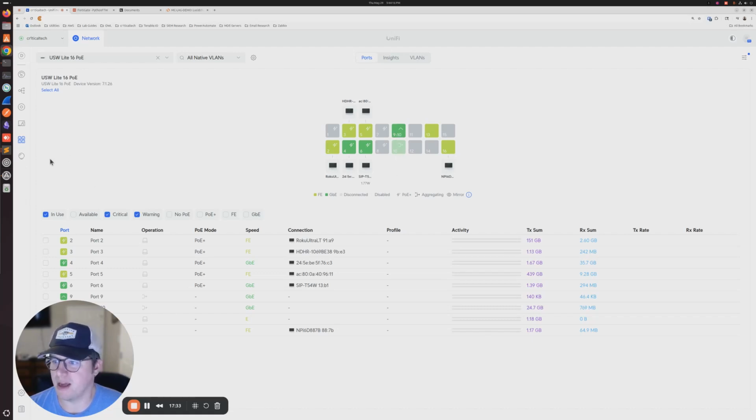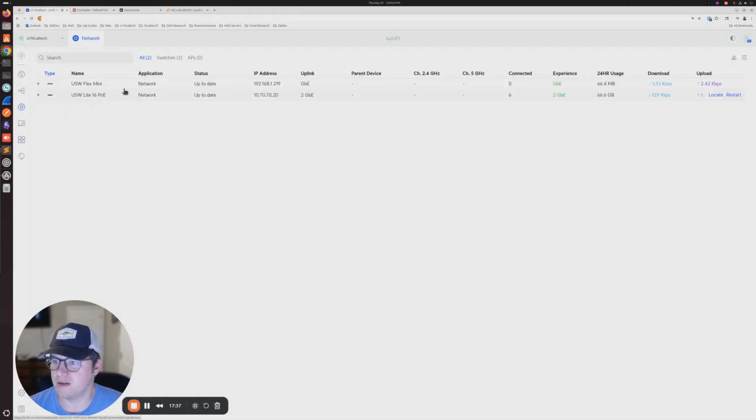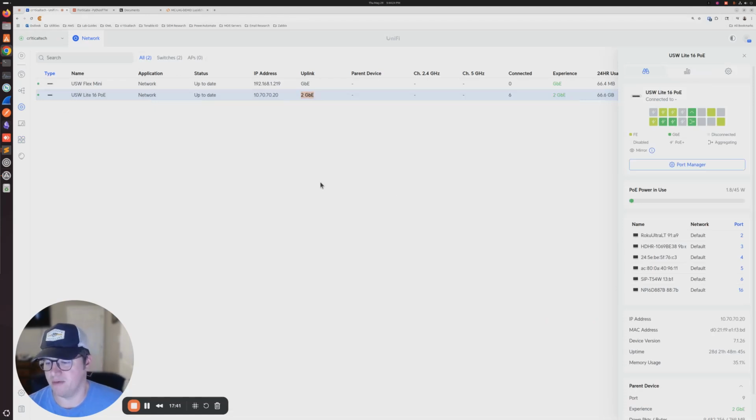And if we look back on this screen here, we can see that we're getting 2 gigabit worth of throughput. So just a quick tutorial on how to create an aggregate link from a UniFi switch to a Fortigate firewall. Super easy, takes maybe 10 minutes at the most. And at this point,